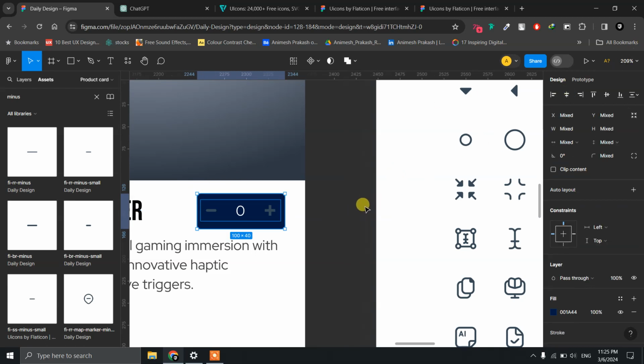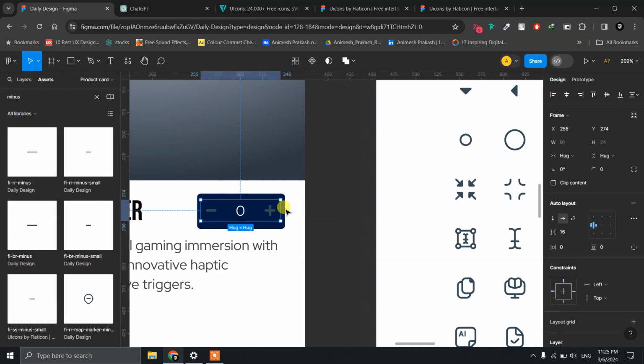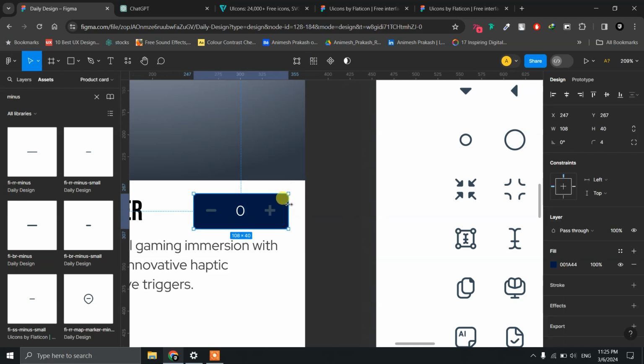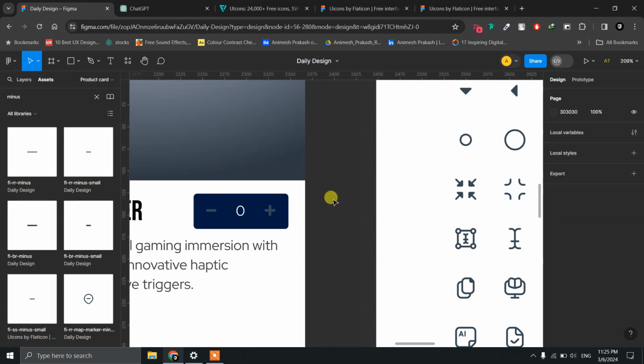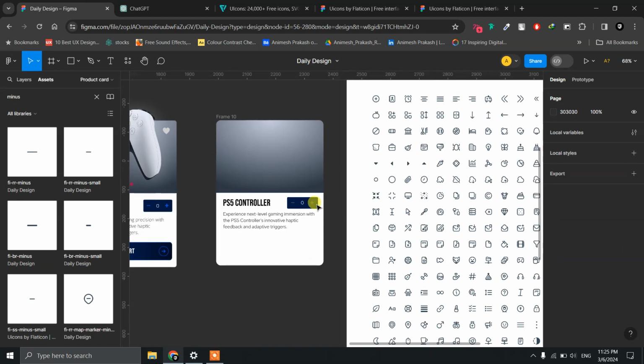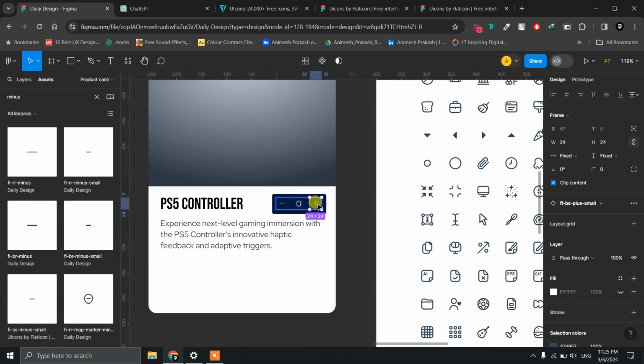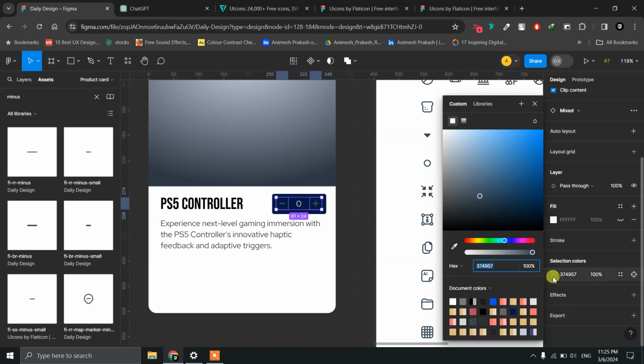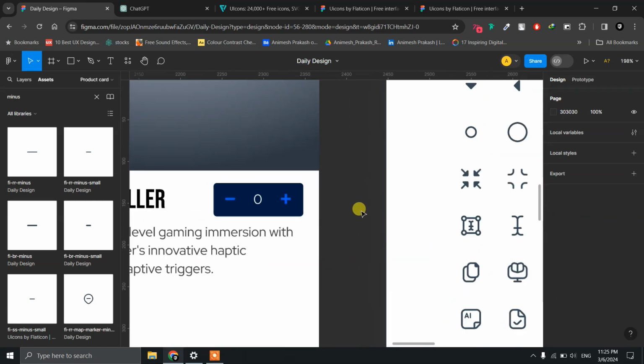Bring it to the center of the rectangle. Let's make the rectangle a little bigger. Okay. For the color of plus and minus, we'll go to selection color and we will choose this particular color, 0059EA. So we have our button ready,